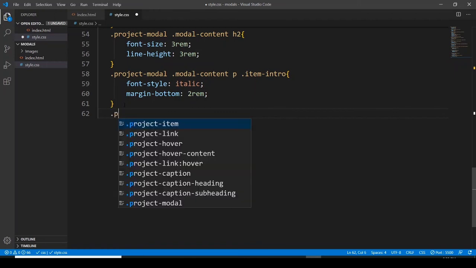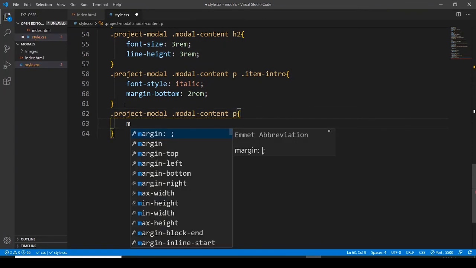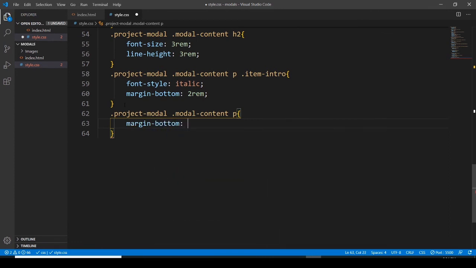Let's go with the project model, and then model content p element. The margin bottom for this would be only 2 rems,